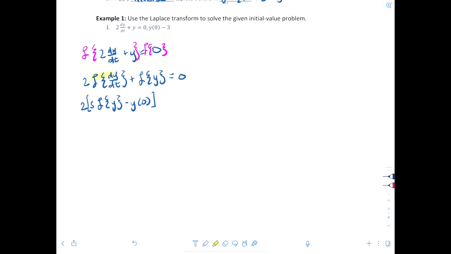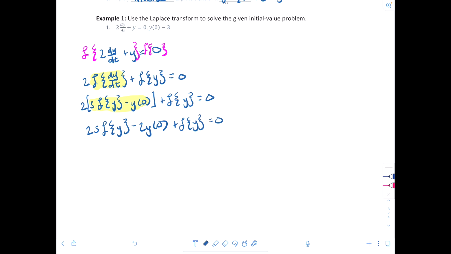So L at dy dt is this stuff here, following the theorem, plus L at y equals 0. So that gives us 2 times s times L at y minus 2 times y at 0 plus L at y